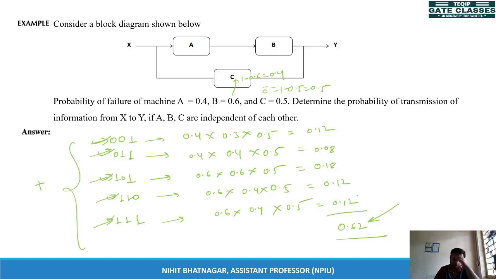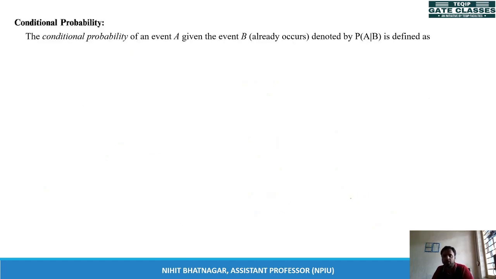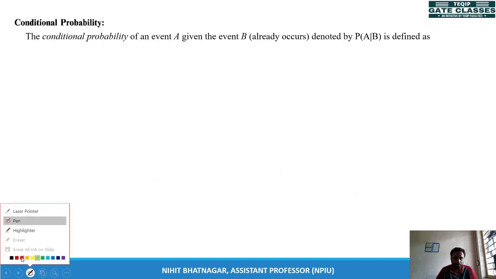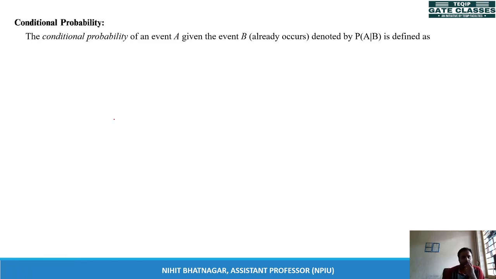So now we will move to our next topic. The topic is conditional probability. So what is conditional probability? The conditional probability of event A, given that event B has already occurred. If there is a dependency of one event on another event, the occurrence of an event depends on some other event. For example,